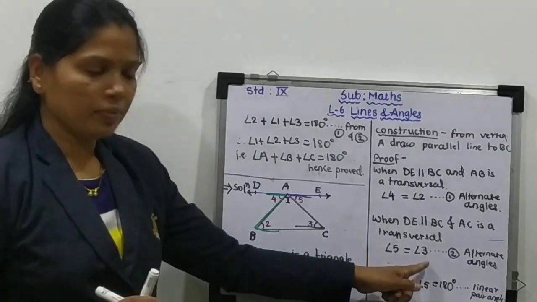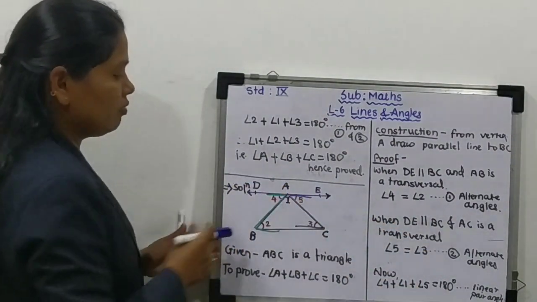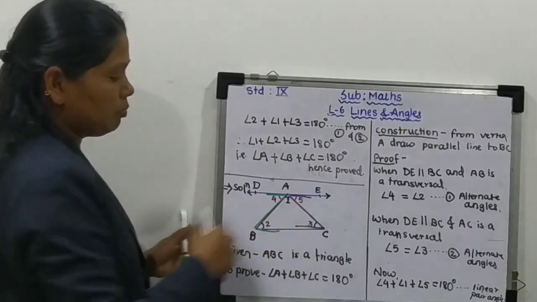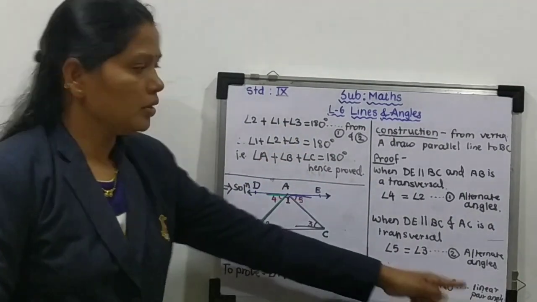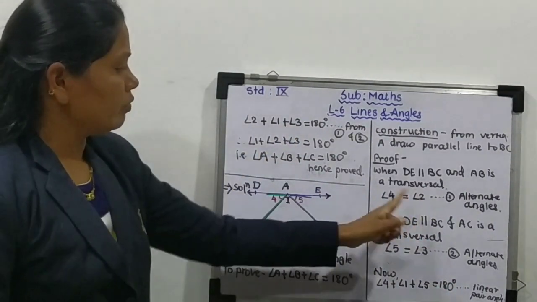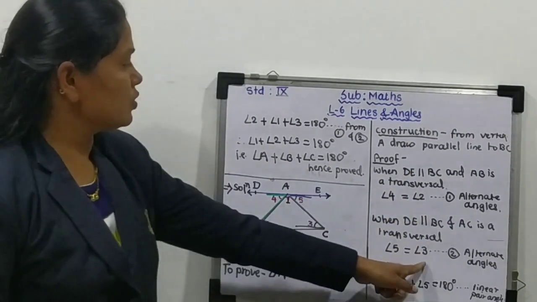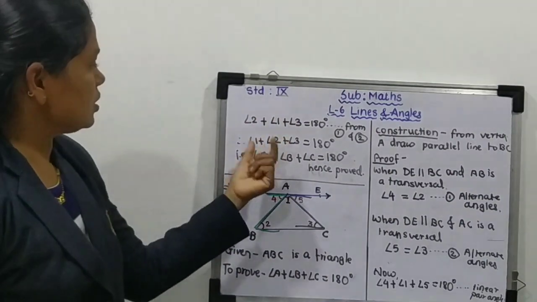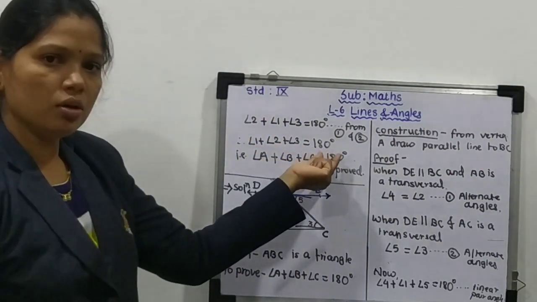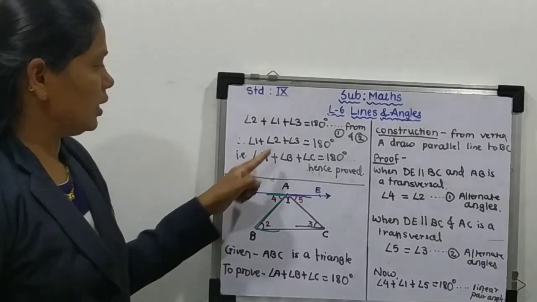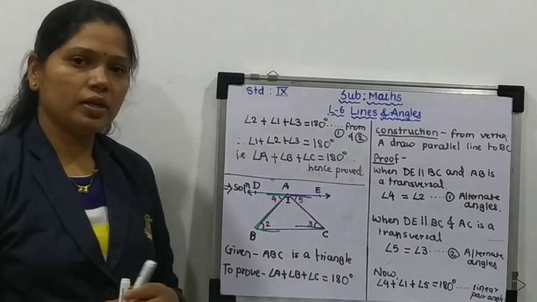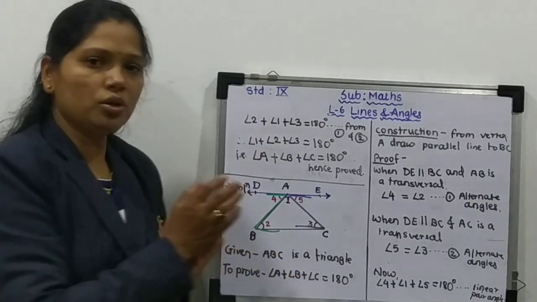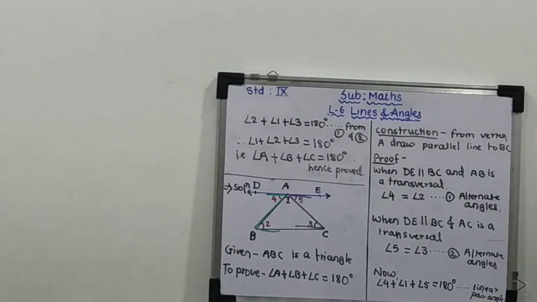That is only written. Now on the top of the figure we find what? These all are what? Linear pair angles. 4 plus 1 plus 5, which is linear pair angles, written. Now 4 is replaced by 2. Why? Because 4 is equals to 2 and 5 is equals to 3. So 5 is replaced by 3. I just reshuffle them. 1 plus 2 plus 3 is equals to 180. So angle 1 is nothing but angle A, angle 2 is nothing but angle B, and angle 3 is nothing but angle C, which is equals to 180 degree. Hence proved. Understood? Now, based on it, we are going to see the sums from the exercise 6.3.